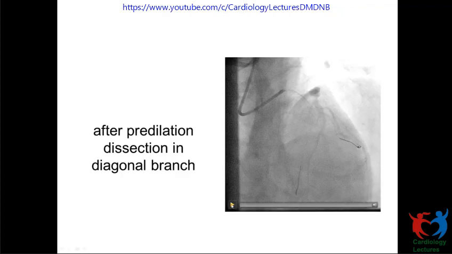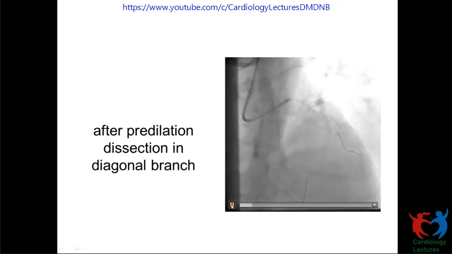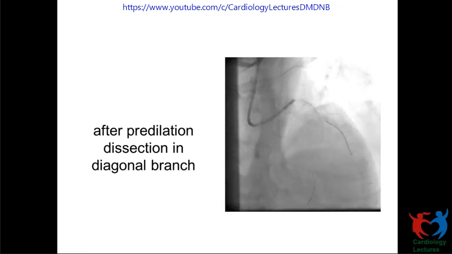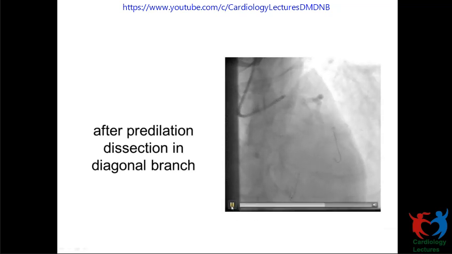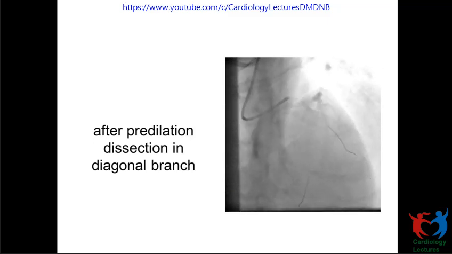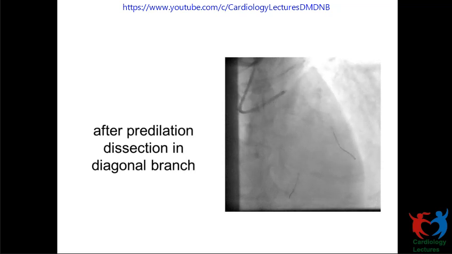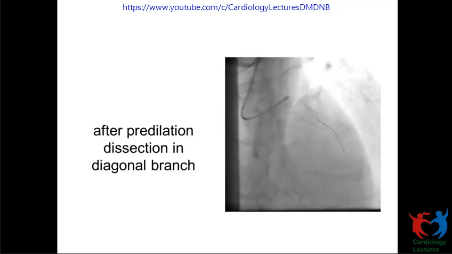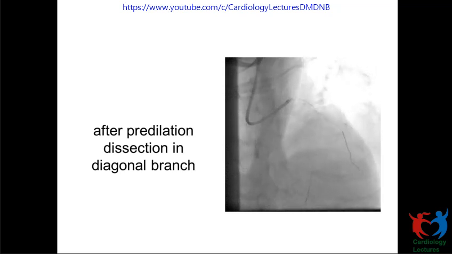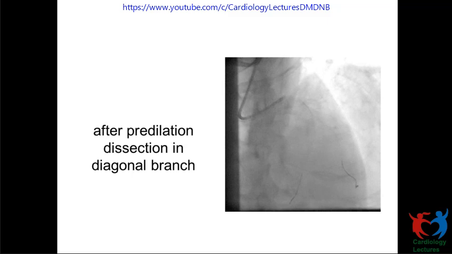Then for a DK crush, you have to keep a stent in the side branch. You have to stent first. So I took a stent and was trying to deploy this, to take this stent to the diagonal branch. When I took a shot, I could see that there was a type C dissection in the diagonal, and because of eccentric calcium, I could not drag this stent into the diagonal. At that point of time, I had a diagonal with a dissection in the proximal segment, and the stent was not crossing because of eccentric calcium.